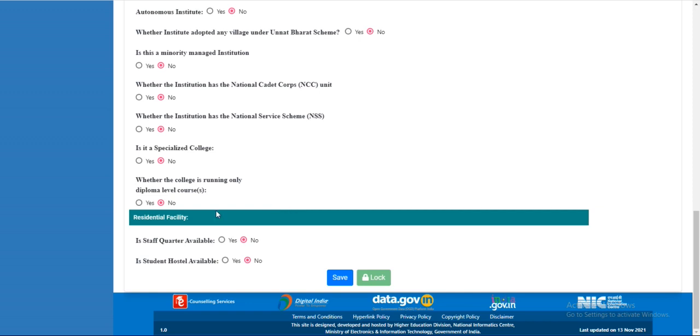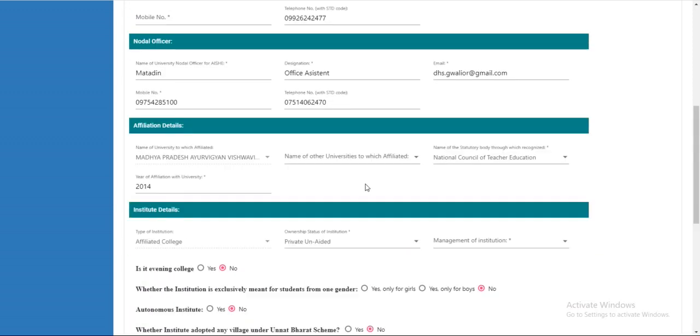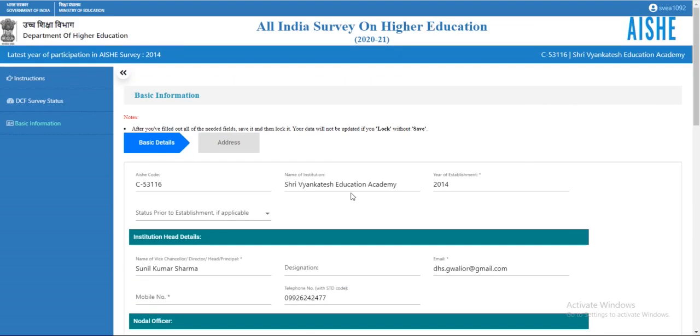However, if you click Lock directly without clicking the Save button, the pre-filled information will be saved and no updated information will be saved in our database.